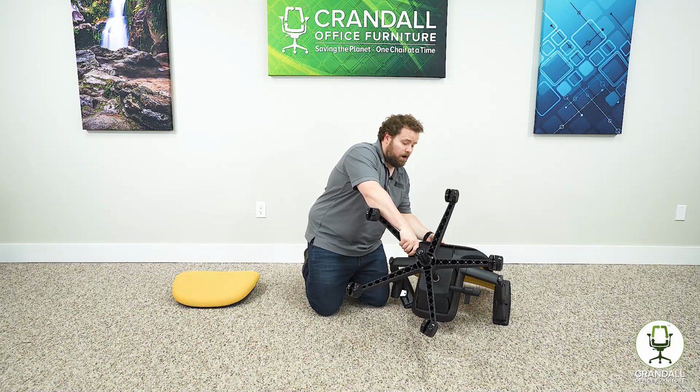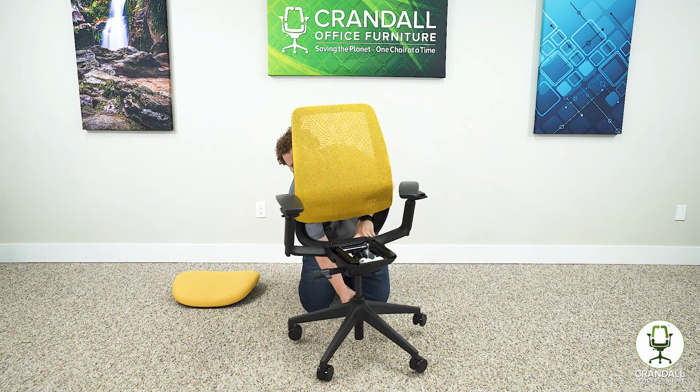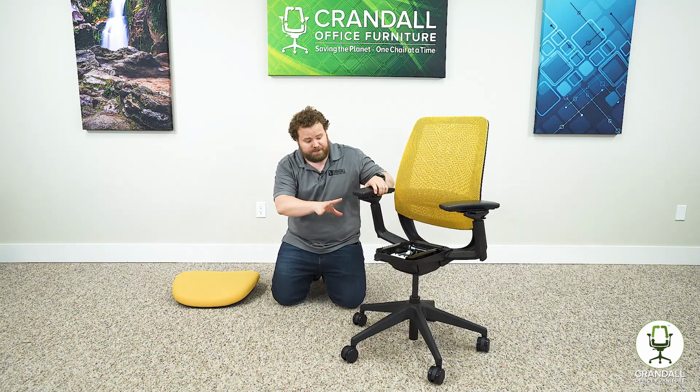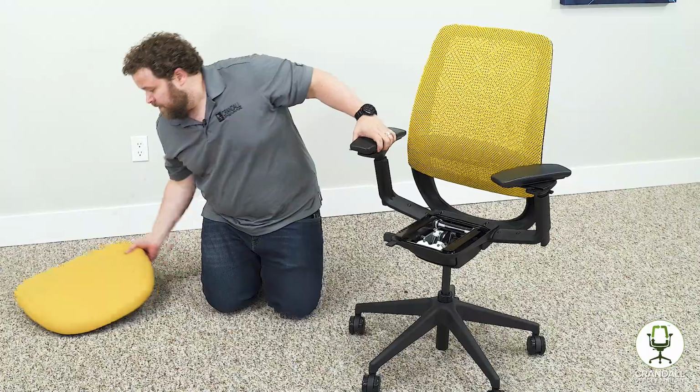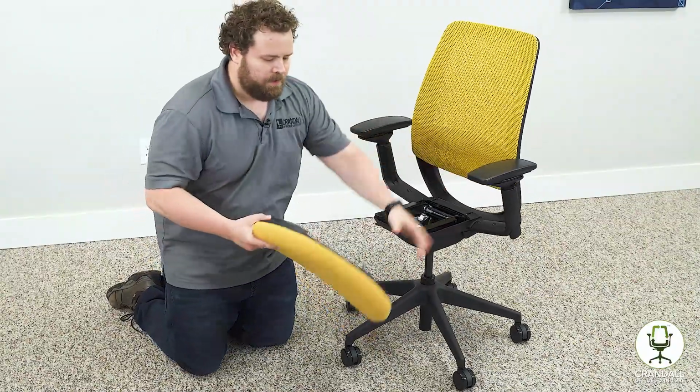Now we're going to flip this chair up on its own, but we're going to make sure to apply some pressure between the chair core and the base to make sure nothing falls apart, as that cylinder is not fully locked into place yet. So next, we're going to be taking the seat on the chair, and you can see